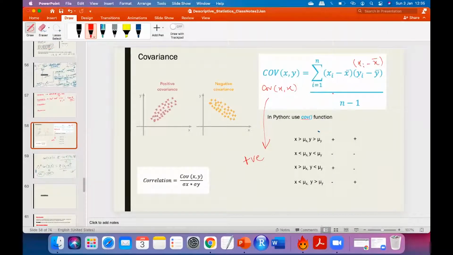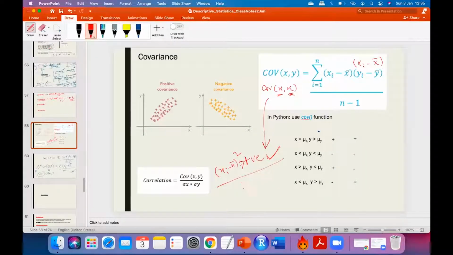I want more voices. Yes or no? Correct. So if I'm saying xi minus x bar square, it will always be positive, no matter what is the value. In any deviation, it will be positive. Why? Because there is a square there. Now, doesn't it give you that the relationship of x with itself will always be positive? Mathematically, we are getting positive, I know.